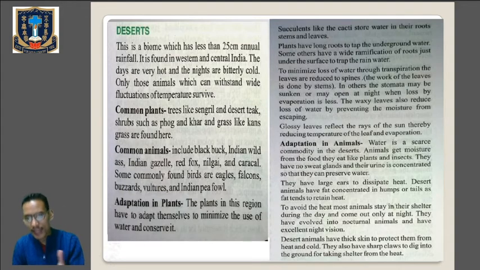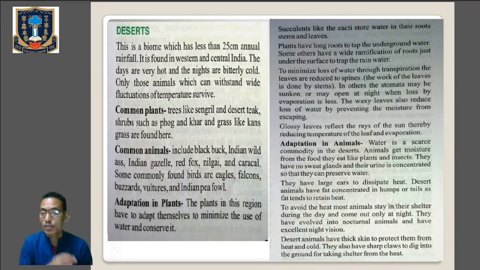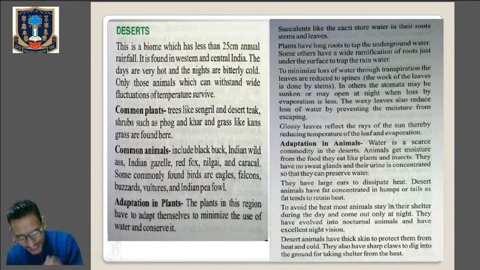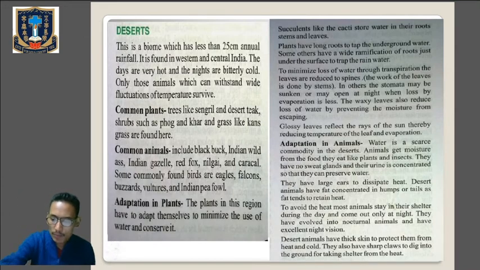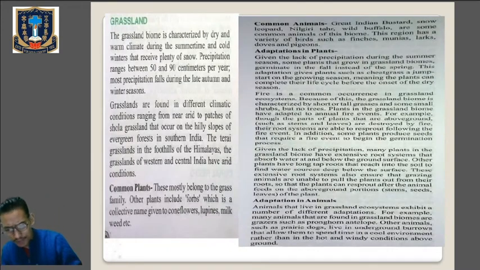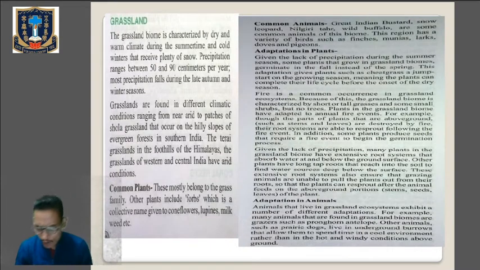Okay, now desert animals have thick skin to protect them from the heat and the cold. They also have sharp claws to dig into the ground for taking shelter from the heat. So these are a few characteristics or adaptive features present among the animals to survive in the desertic biome. Clear? Now the next biome we'll talk about is the grasslands, which is characterized by a dry and warm climate